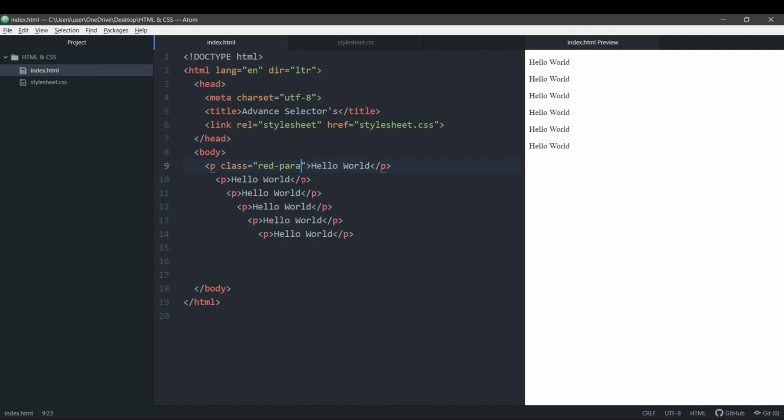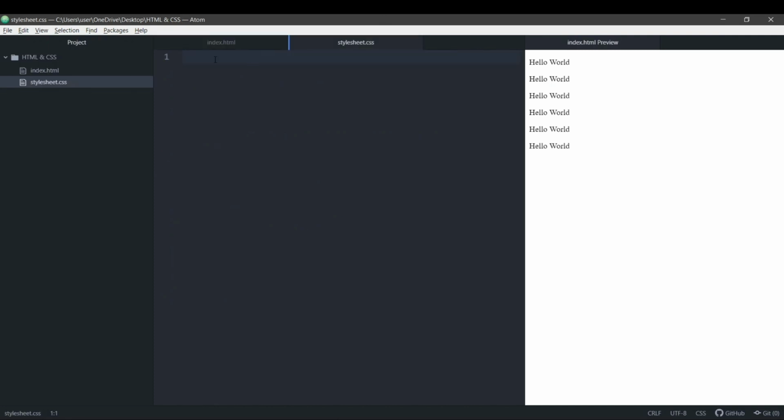Now this is where we are calling our class. We are calling our class, but we have to declare it somewhere, right? So let's go to our CSS, and to declare our class, we're going to use a period or a full stop, and after that we're going to write the name of our class, exactly the same. There should not be any error while you write your class name, or else the rules won't be applied. Now let's change the color to red. I'll save it. As soon as I save it, you can see that our first line has changed its color into red. This is what we wanted, right?